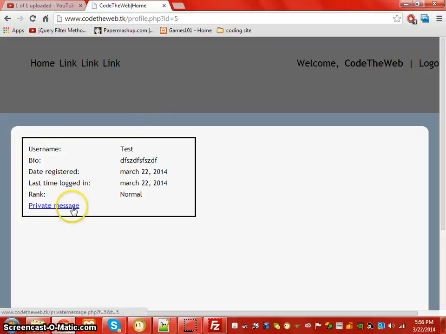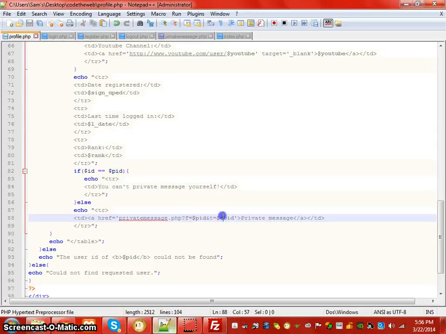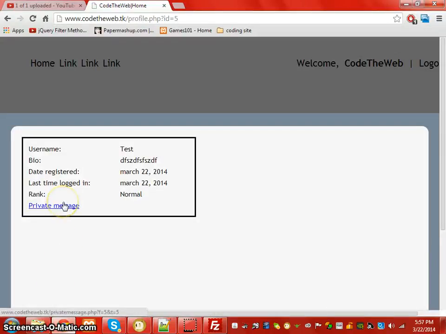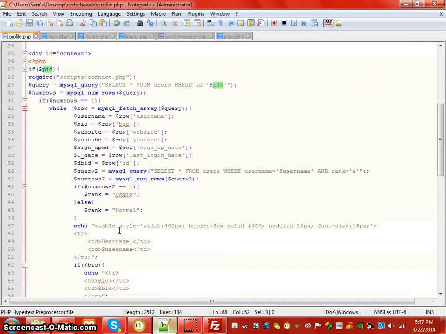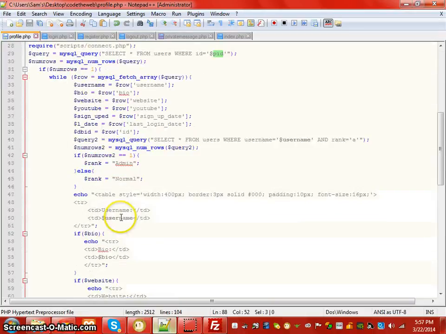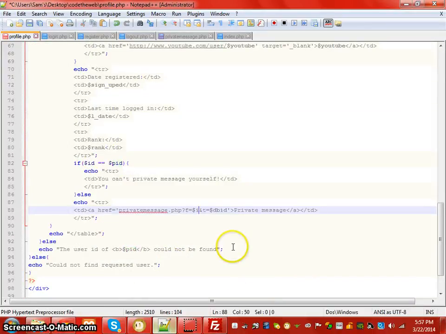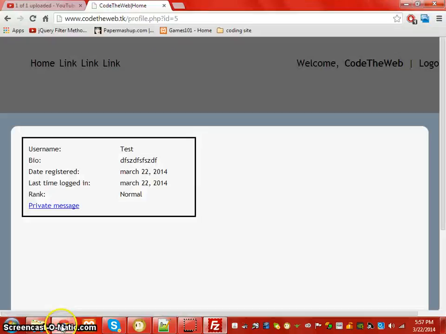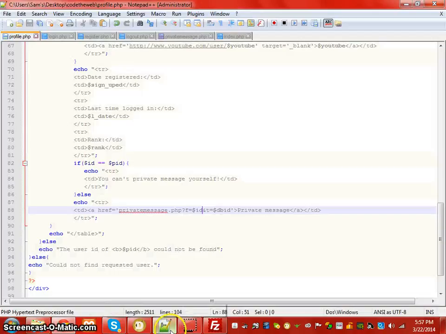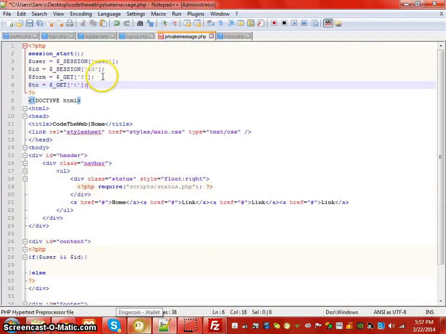Now it says from 5. Oh, yeah. Forgot, we need to set that to ID. So they're not the same, so it's like that person from that person. So if we refresh that again, it says from 1 because we're logged in, to 5. So if we go back here,